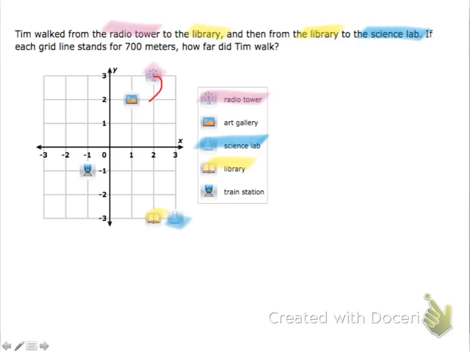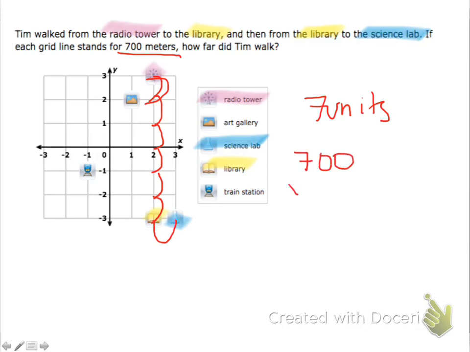So first let's figure out how far he walked. So 1, 2, 3, 4, 5, 6, 7. So Tim walked 7 units. But then we need to find how far it is in meters. And if we know that each one of these stands for 700 meters, we need to multiply our 7 by 700 to find out how far he walked in total. So I'm going to put the 700 on top and multiply that by 7. 7 times 0 is 0, 7 times 0 is 0, and 7 times 7 is 49. So that means that Tim walked a total of